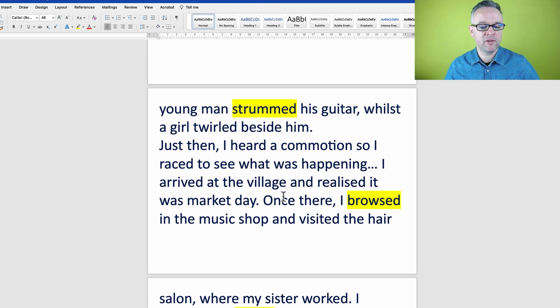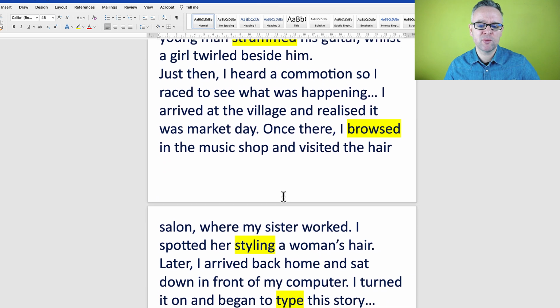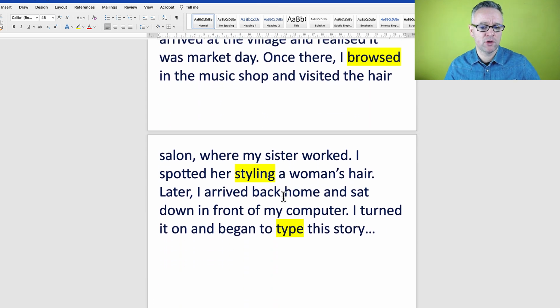I arrived at the village and realised it was market day. Once there, I browsed in the music shop and visited the hair salon, where my sister worked. I spotted her styling a woman's hair. Later, I arrived back home and sat down in front of my computer. I turned it on and began to type